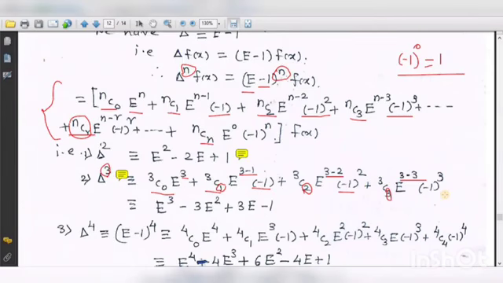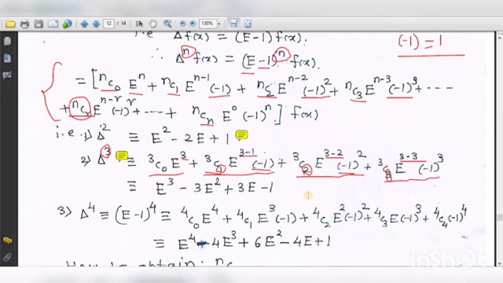One rule of the expansion is that if n equals 2, we have 3 terms in the expansion: first term, second term, and third term. When n equals 3, we get 4 terms: first, second, third, and fourth. If n equals 4, then we get 5 terms. If n equals 5, then 6 terms. So obviously 1 term is extra, always.